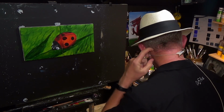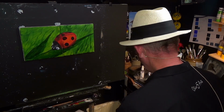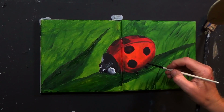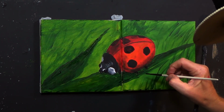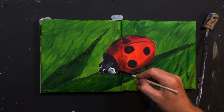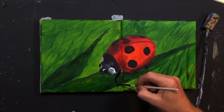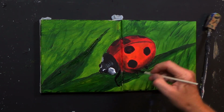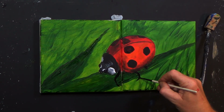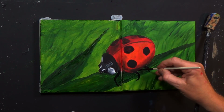Okay, so I think what I'm going to do now is I'm going to put his legs in place. So I'm going to go back to that little detail brush, or the round brush, which is the number 6 brush. I'm going to get his legs in place now, because he's going to have, let me just look how his legs are on this thing. He's going to have a little leg coming out like that, and he's going to be holding on like that, and then this leg is going to be coming down, and he's going to be holding on down there like that, and then this little leg is just going to be like that. There you go, a nice